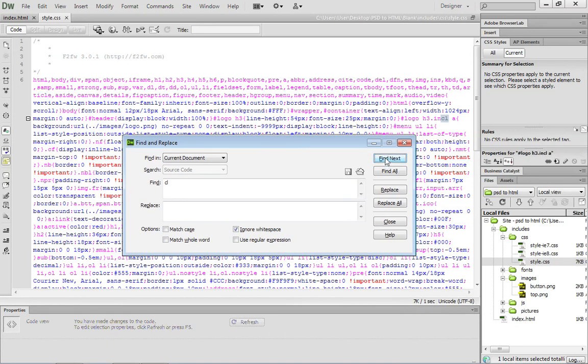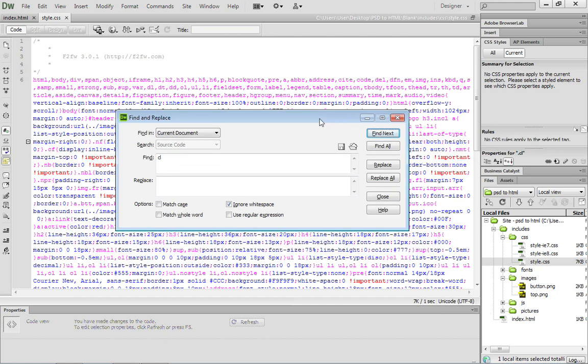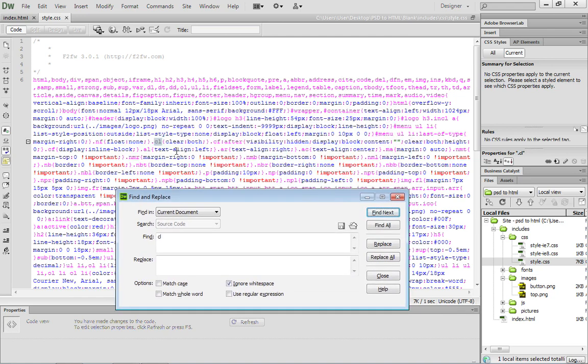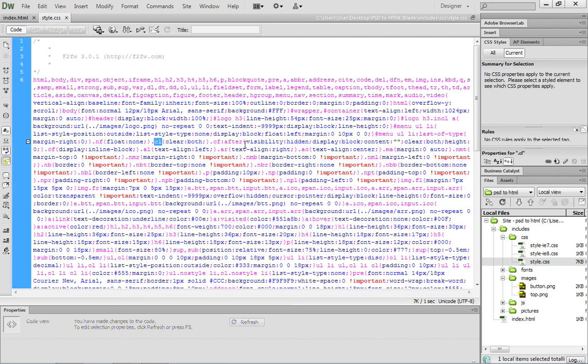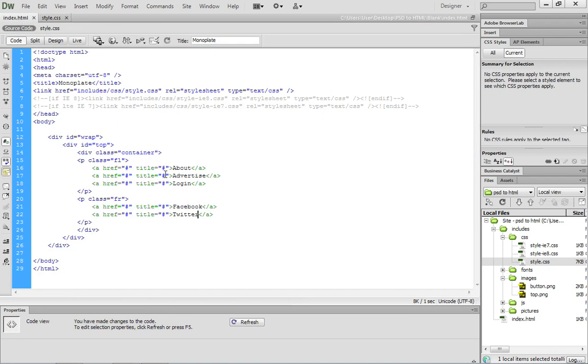I'll do another one. That's still not it. It's down a little bit within the document, but right here you can see it .cl, and it applies a clear to both sides. So now that we know that that exists, we're going to be using that inside the HTML document. So go ahead and close this dialog box, come back to the index page, and underneath this paragraph